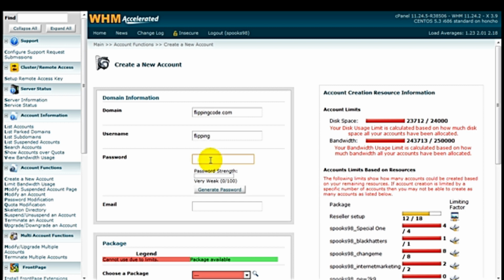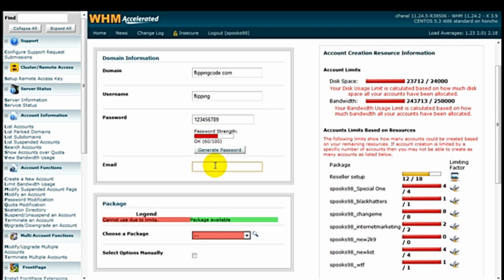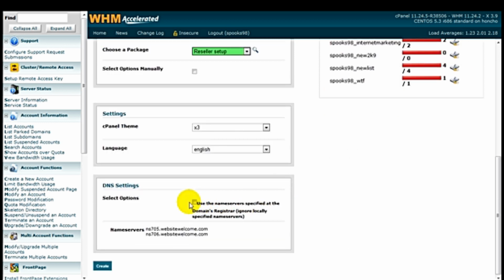Let's just put something like, okay, just for testing purposes. And just enter my email address. Okay, once I've done that, I'm going to click create,